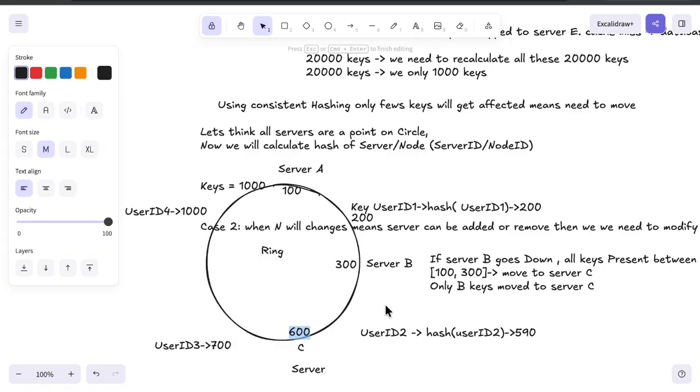And now for this hash value, we will move in the clockwise direction. Think of this ring as having points, any number between 0 and the maximum integer,